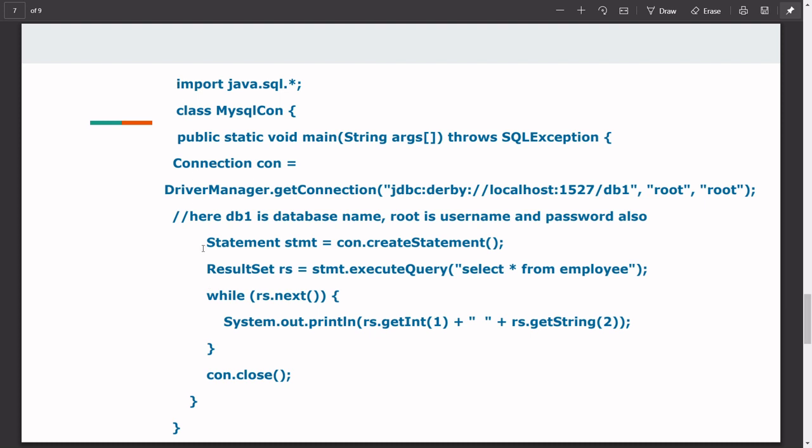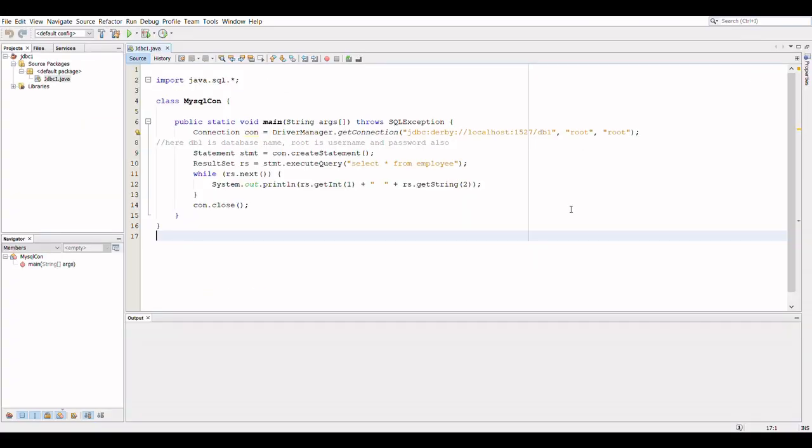So this is an example of fetching data from a table in a database. Let's see this program in NetBeans. Here in NetBeans, I have already created one JDBC program for fetching data from a database table. We first need to import the java.sql package to write any JDBC program, and then I have created one class.